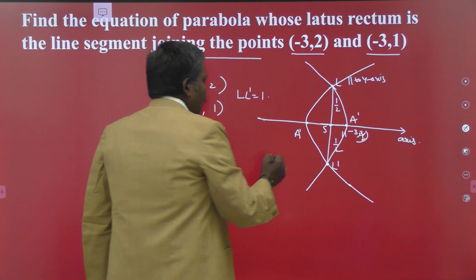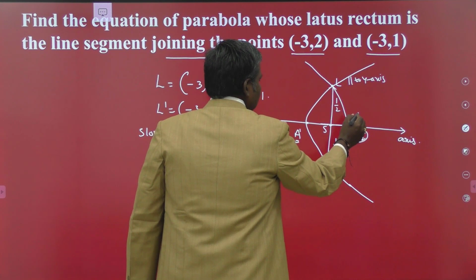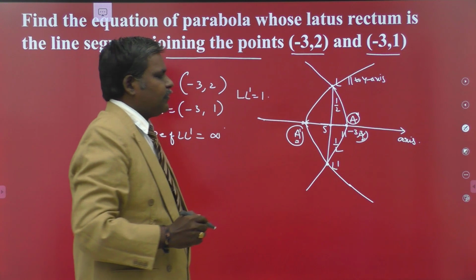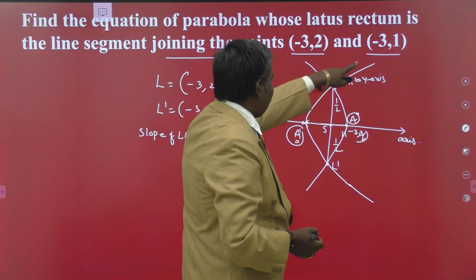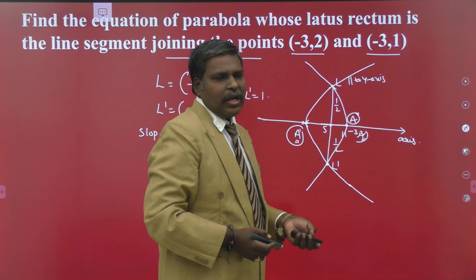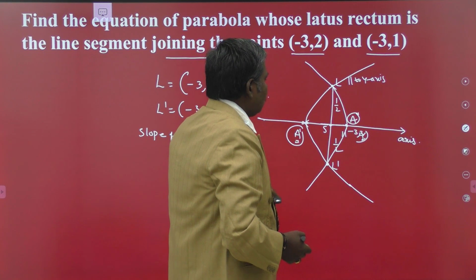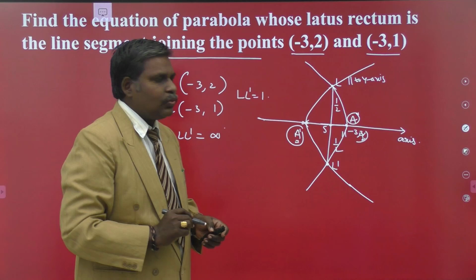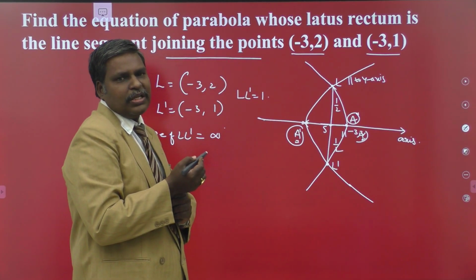So, once you have the coordinates of A dash and A, your job is over. This is A, and this is A dash. So, how to obtain the coordinates of A and A dash? Why are you going to show interest in a vertex? Once you have the vertex (h, k) and your axis parallel to the x-axis, you have the formula: (y minus k) whole square is equal to 4a into (x minus h). Similarly, the reverse: (y minus k) whole square equal to minus 4a into (x minus h). So, your intention is to find the vertices of your possible parabolas.